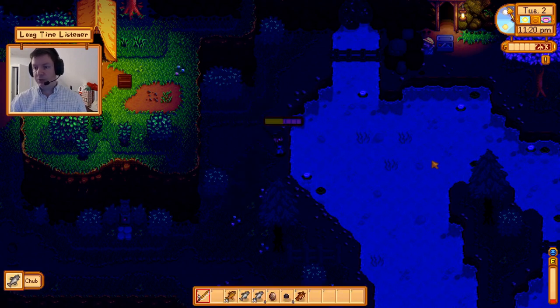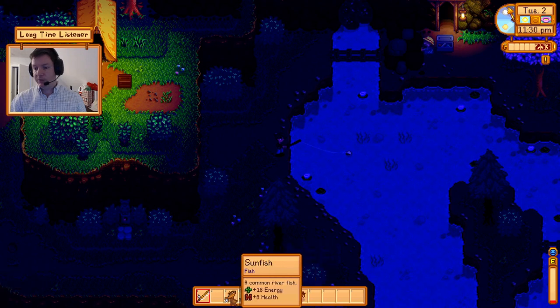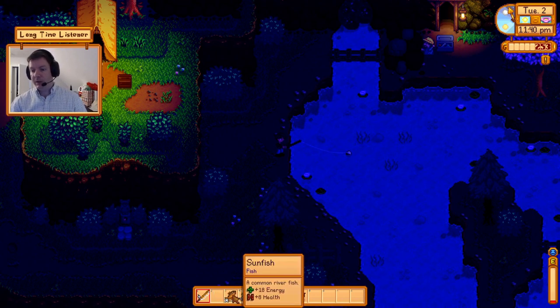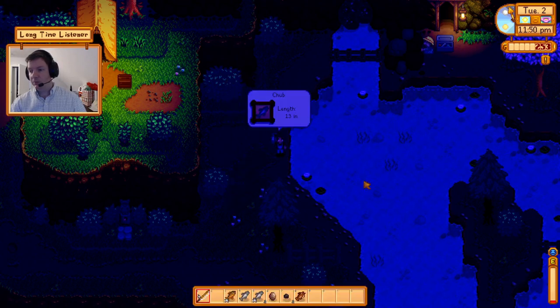Now chubs are good for eating. Like you see a sunfish, silver quality sunfish, the little star there, silver quality. I'll explain how to get higher quality in a second, but it's only 18 energy. The chub is 35 energy for silver quality. So, if you had to pick one to eat, the chub. And some of the reason why chubs are good is not just because they're decent energy, but also, all right,